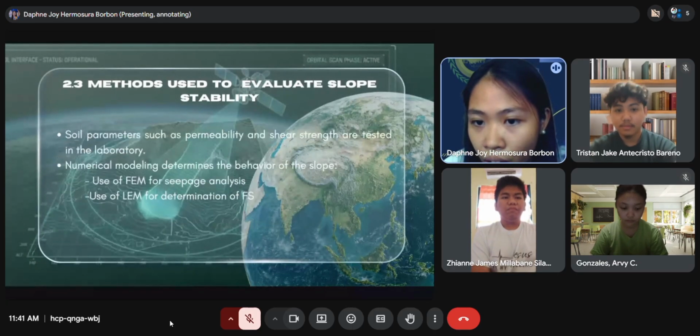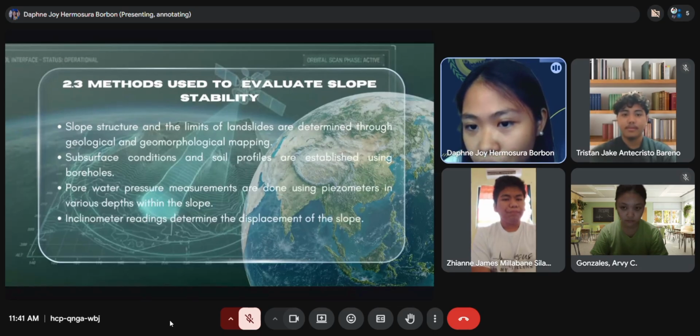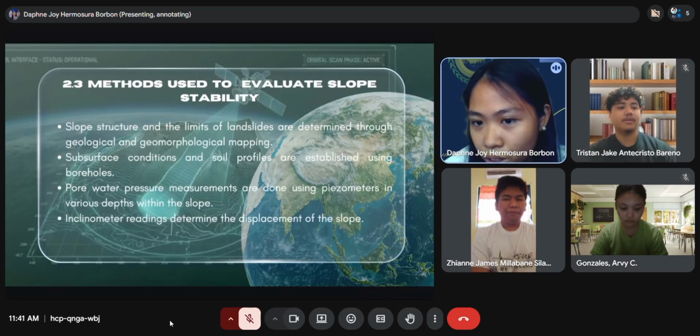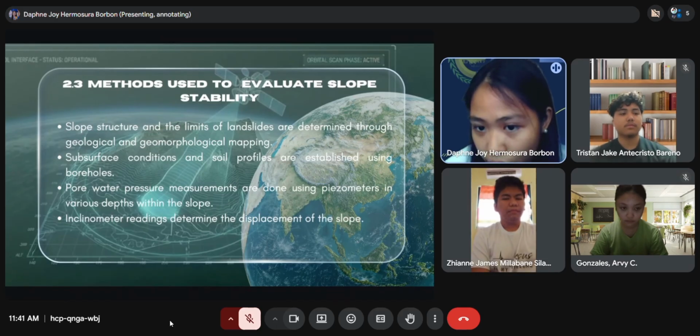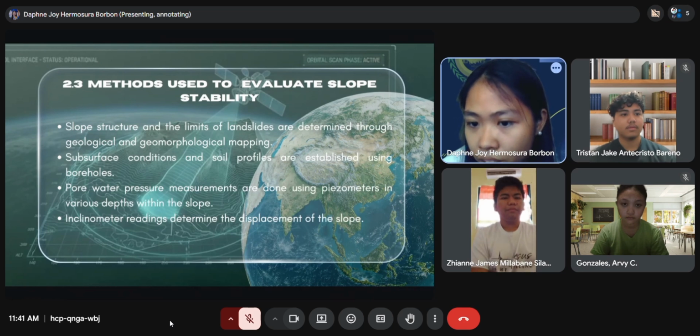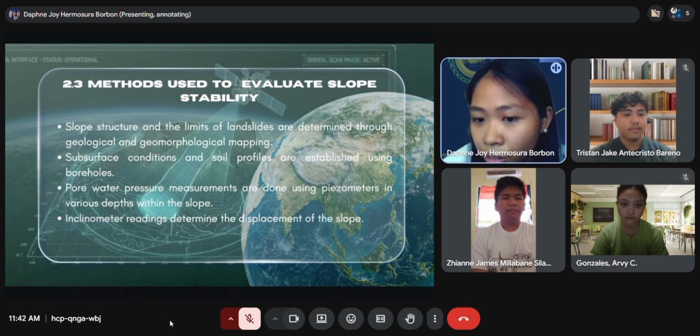So, piezometers were installed at different depths to measure pore water pressure and monitor groundwater variations over time. These measurements were essential in understanding how water pressure changes affect slope stability. We also have here inclinometers. They were used to monitor slope displacement and detect internal ground movement, helping to identify active sliding zones and movement